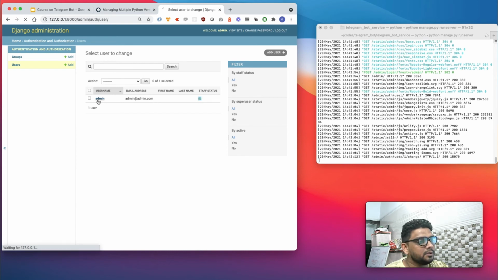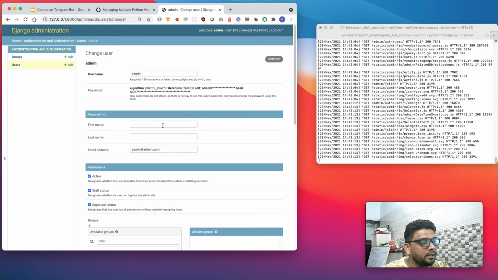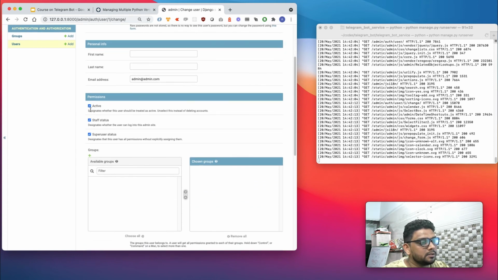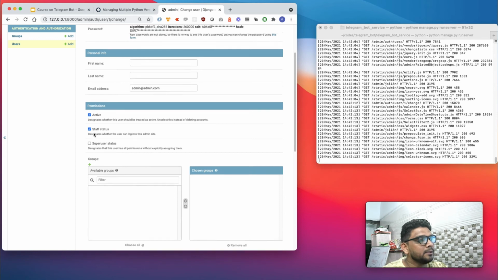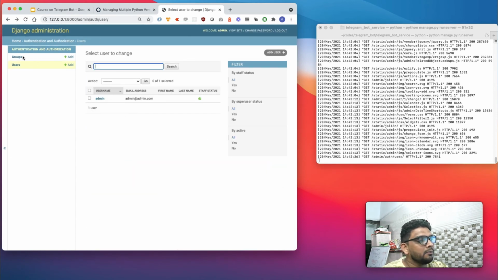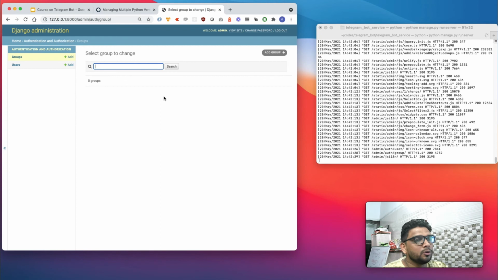Yes, it's a staff. If I go inside and check, this is a staff and this is a superuser, because I created it from the shell. This is the first ever user, so this is a superuser which is created from the backend. Let's not touch anything. What else do I get? By default, I get groups, and yeah, pretty much that's it.